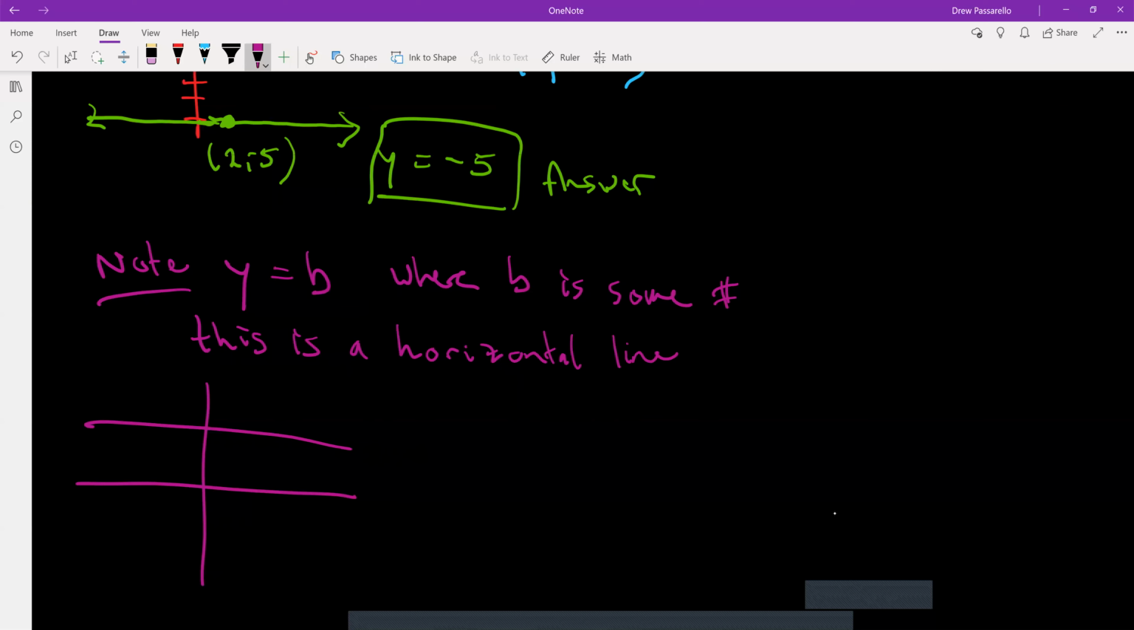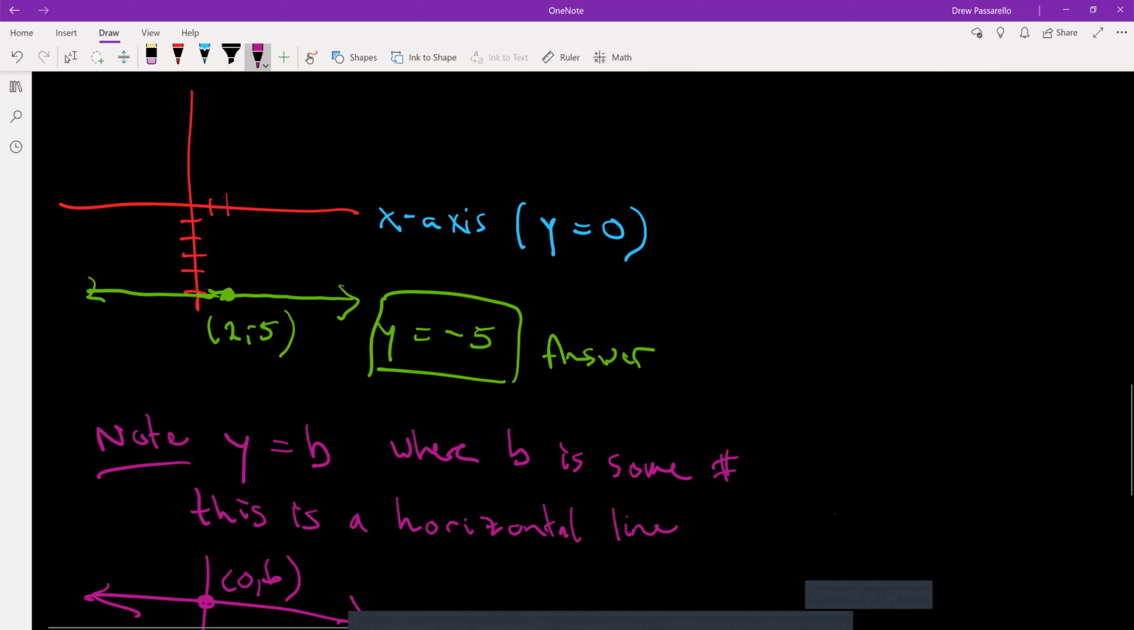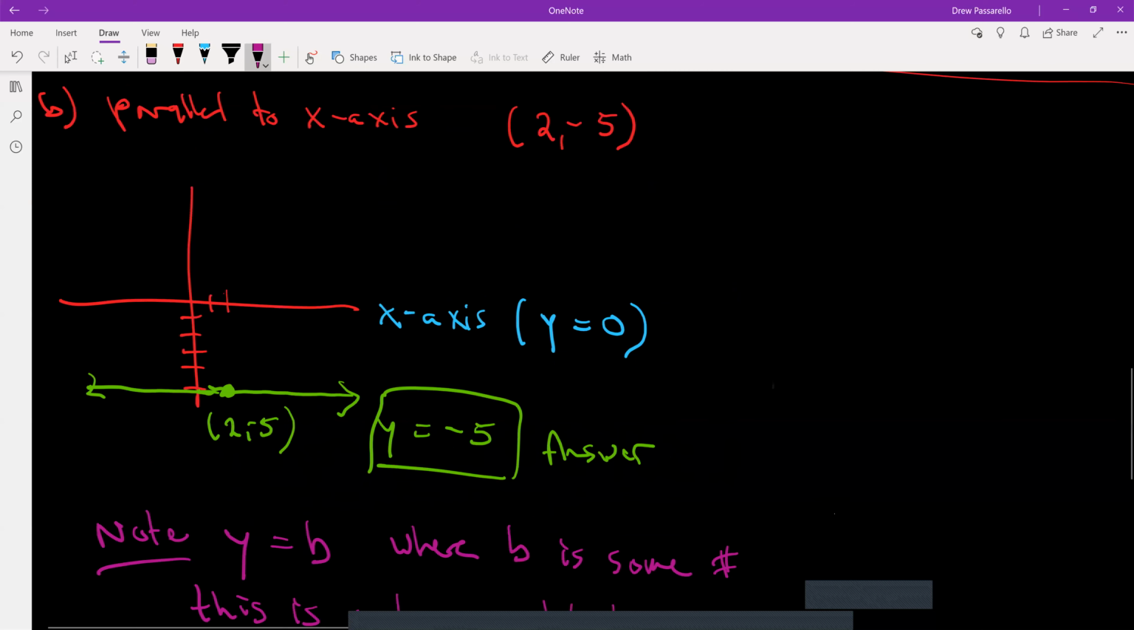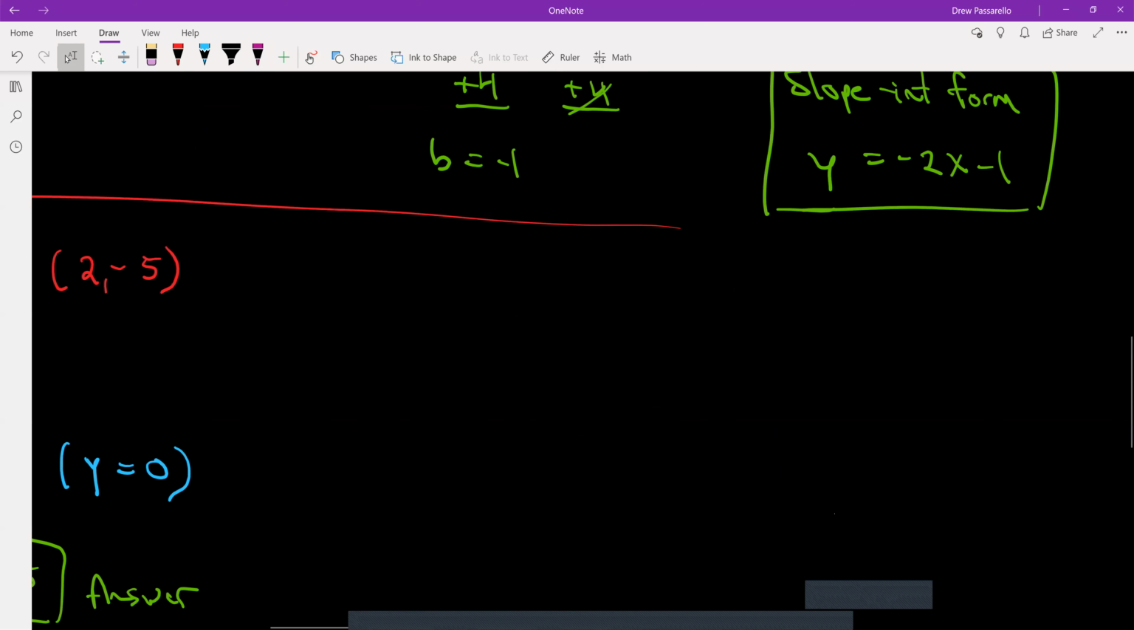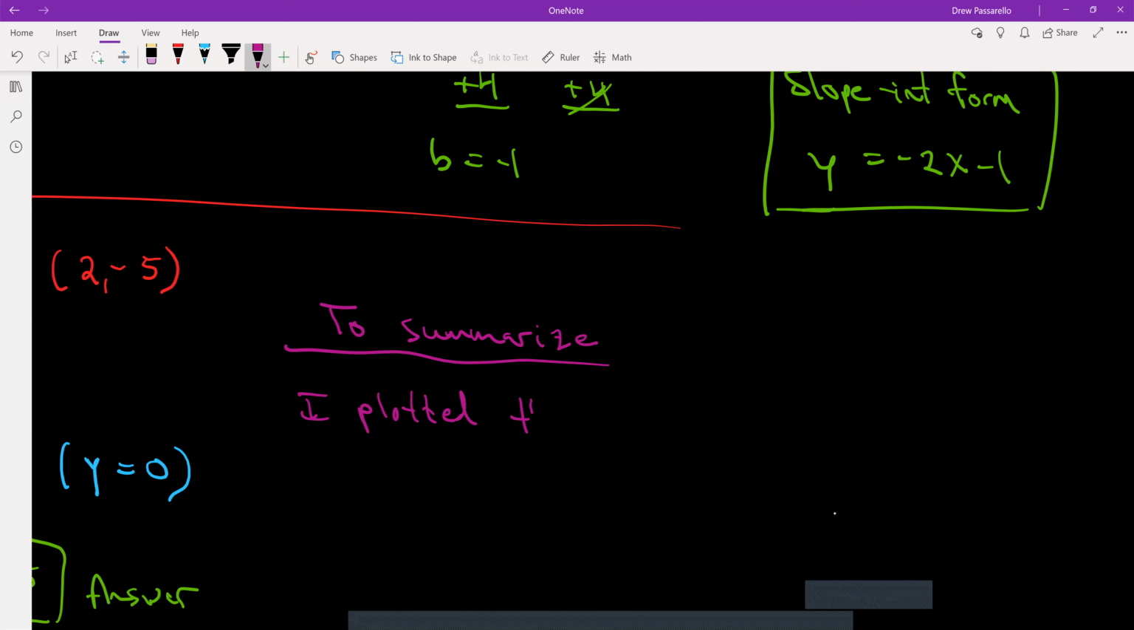So let's say that's b, and it goes through the y-axis at (0, b), whereas this one goes through the y-axis at (0, -5). All right, so to summarize, I plotted the point. Just to visualize, you don't have to do that. I saw that